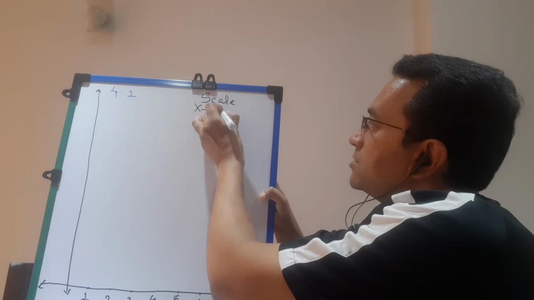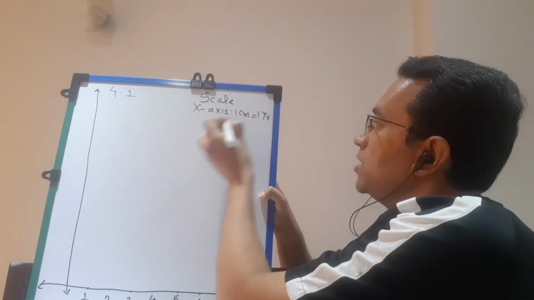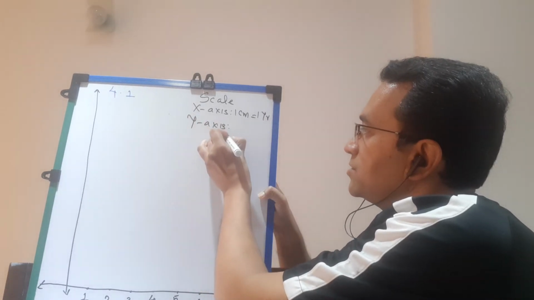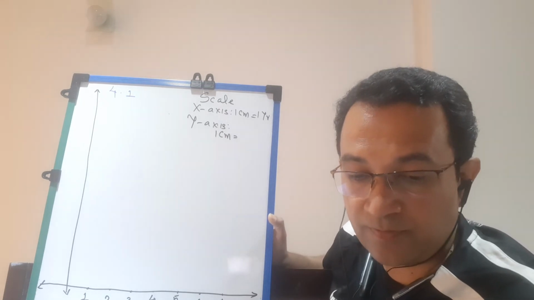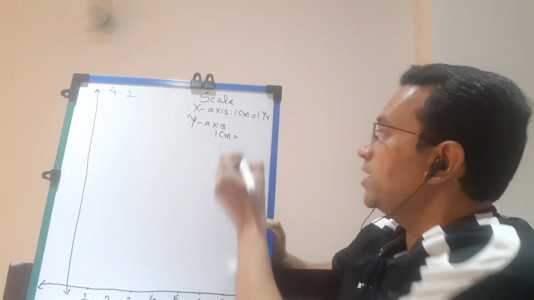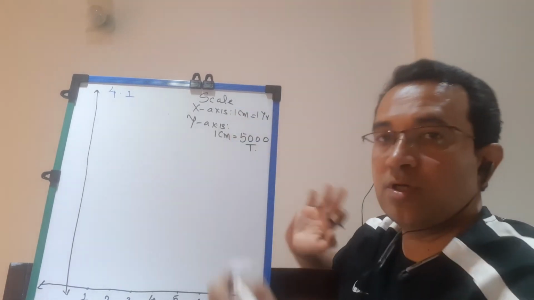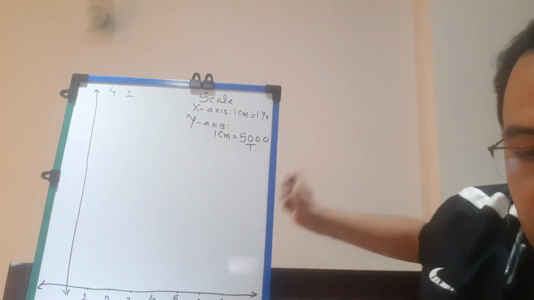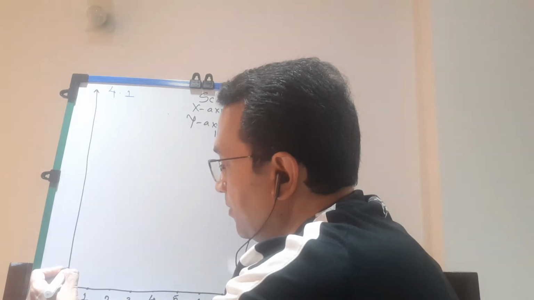On the x-axis, 1 centimeter is equal to 1 year, and on the y-axis, 1 centimeter is equal to, this is number of tourists in 1000. So let us take a scale of 5. So 1 centimeter is equal to 5000 tourists. I am not writing in full, only t. T means tourist. So here we will not take, students, a broken graph and write at a gap of 5,